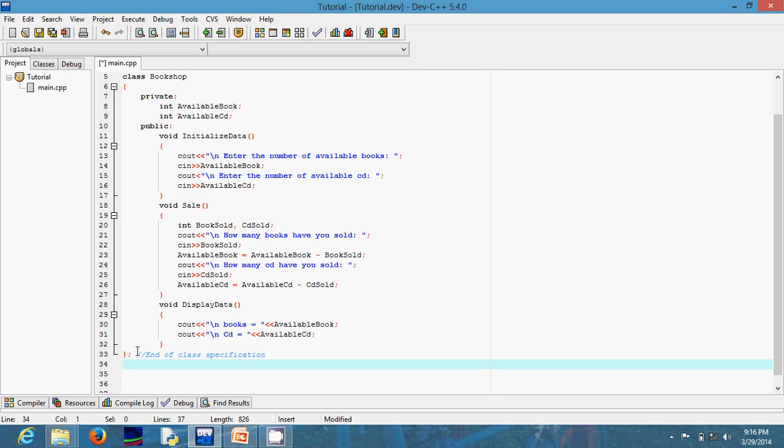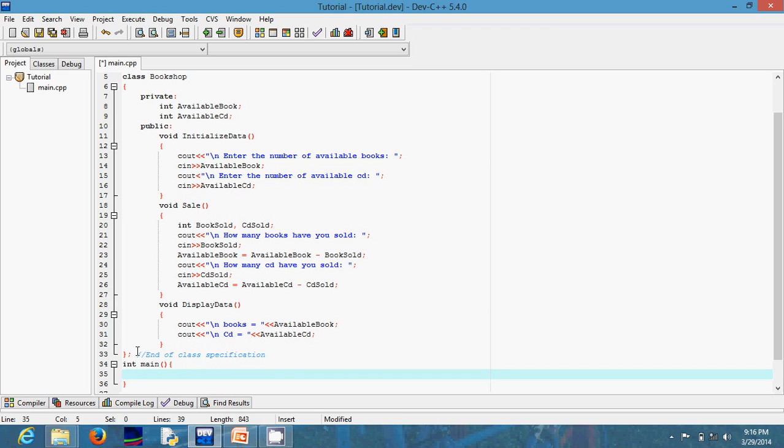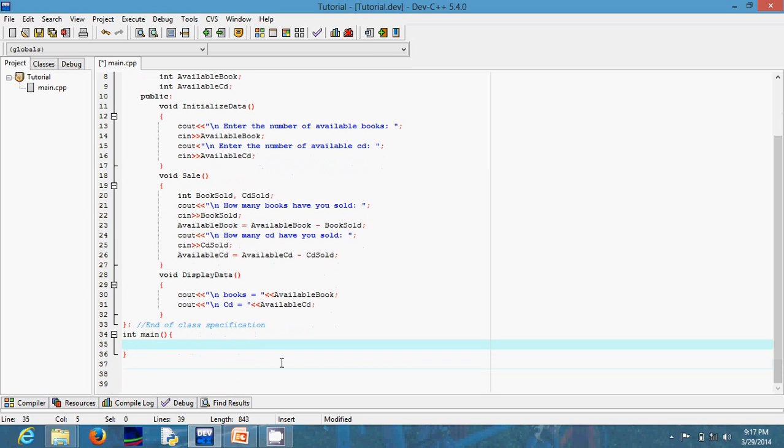Now for this main function, it can be void, it can be int, because I'm not actually returning anything. If I'm using int, it's going to return 0. So let me just use int, but like I said, you can make it void if you want. Int main, and this, then I need to do my opening brace. Alright. So for this main function, the first thing I need to do is to